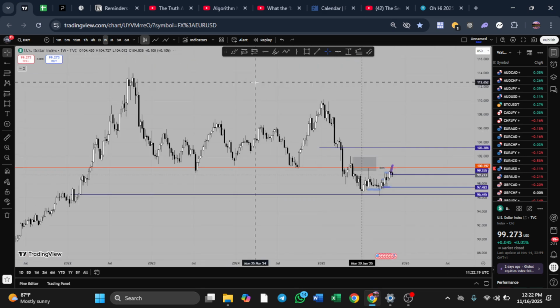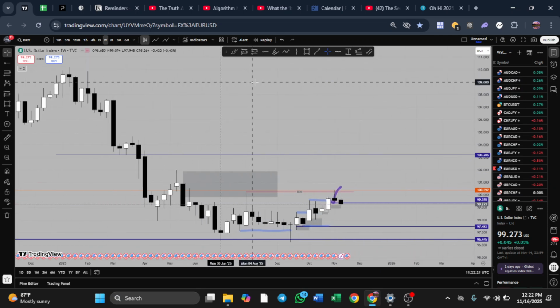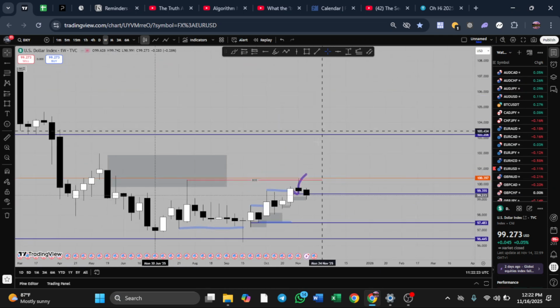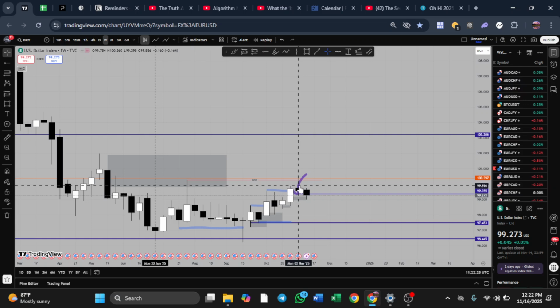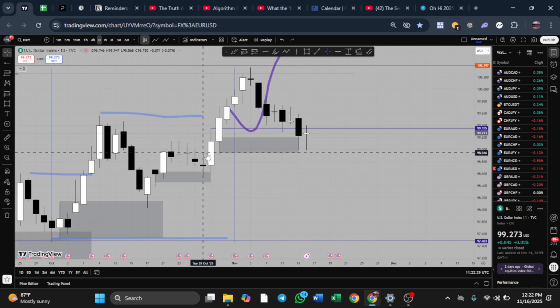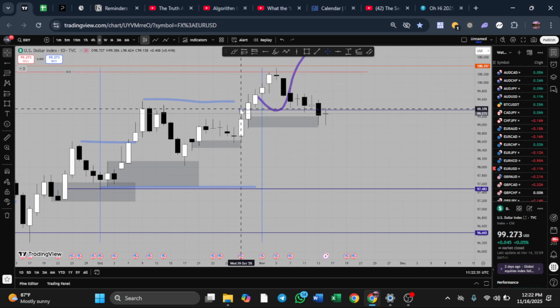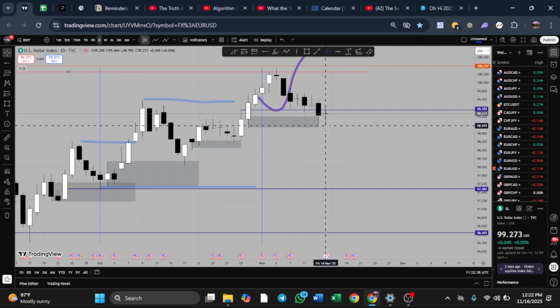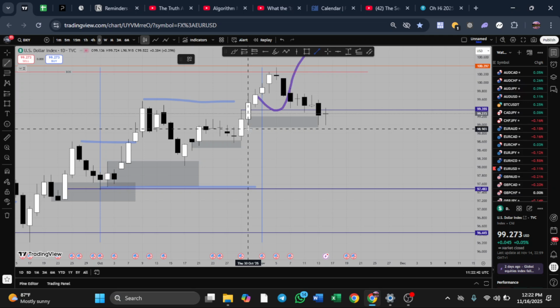Of course, we are technically bullish on the Dixie. Where the bill is, we expected a push to the upside, and this is an area we expected a push. We had a push to the downside. So on this time frame we are bearish, and on this time frame we are bullish here. So this looks like liquidity to me. Okay, so